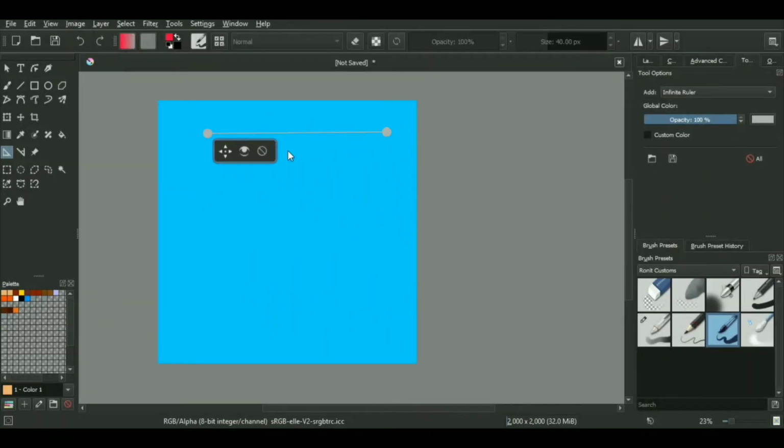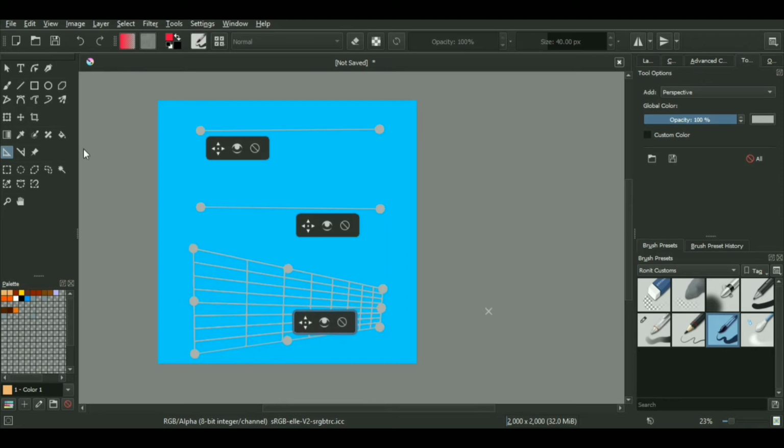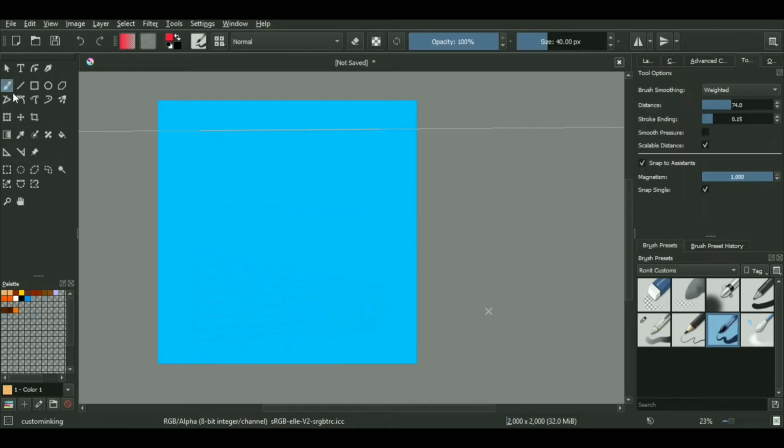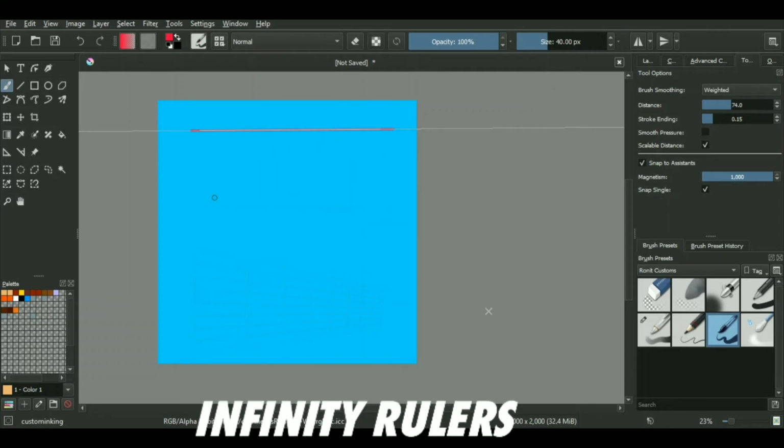So the next trio on our list is the infinity ruler, parallel ruler. It's more like a tongue twister, isn't it? And the last one is the perspective tool, or basically perspective cage tool. I don't know. Being as simple as possible with my explanation, the only thing I can say about the infinity ruler is that you can draw on a predefined path, which is a straight line, but you can extend the length of your actual line, which you can't do with a ruler in general. The ruler I will be explaining later on. So what you can do is make a line and just draw on top of it. It's kind of difficult for me to explain it in words, but when you use it, you'll understand what I'm trying to say.